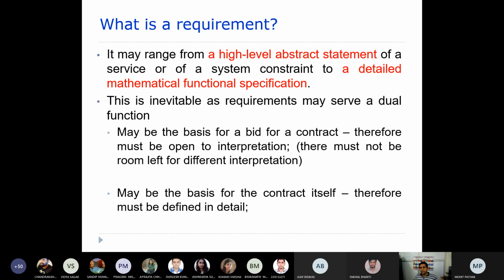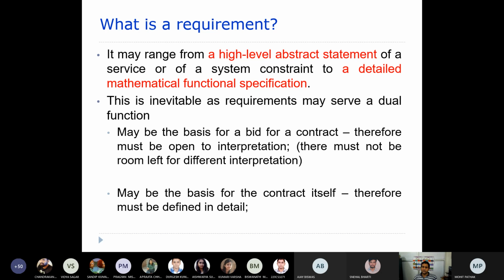Whenever a company, let's say we as a client, want some software for our institute, we place all the requirements, and those requirements will be given in the form of a tender. Now the tender is open, so there are different developers, maybe Infosys, maybe Wipro, maybe TCS. So there are various development companies, and they will bid for that particular contract.